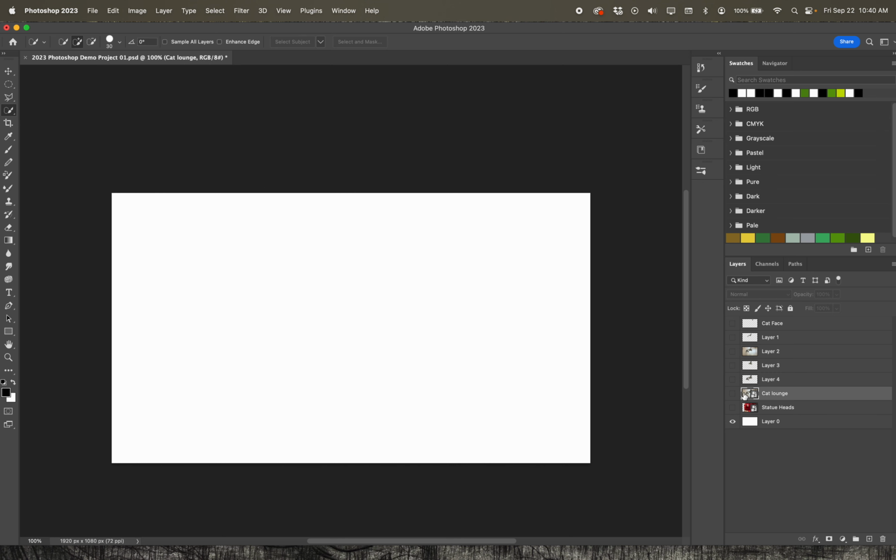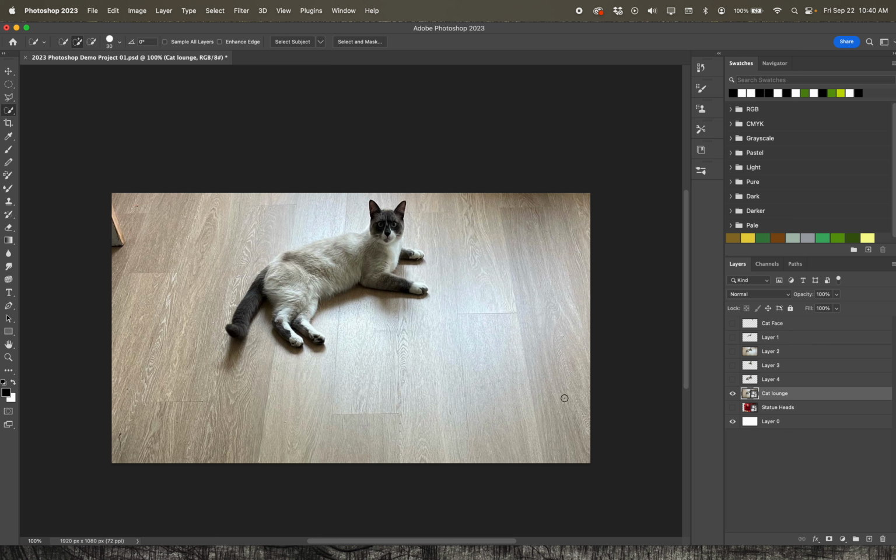But the main thing that I want to try to teach everybody is that the best way to make selections that are really foolproof and really usable would be to create a mask. So this would be the pro way to do a cutout like this if I was trying to cut this cat out, right? So what I would probably do is start with the lasso tool, I'm sorry, not the magic wand. I'd probably start there, and I just draw a rough outline around this cat to try to get